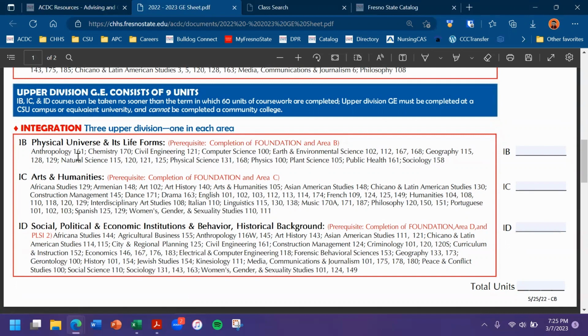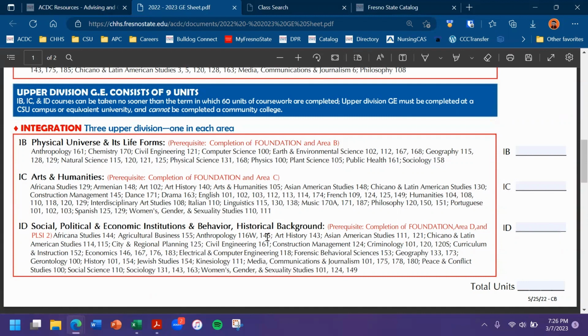These areas are typically pretty straightforward, as you'll take one class from each, and they act effectively as a capstone for each of the lower division GE areas. This doesn't necessarily mean that these classes are always harder, but more so that they're more specific. Whereas, for example, in B2, you'll have your introductory life science class.